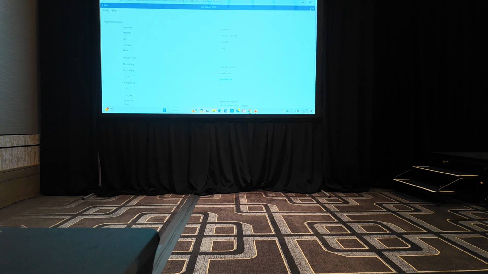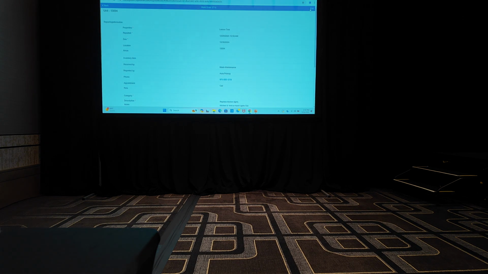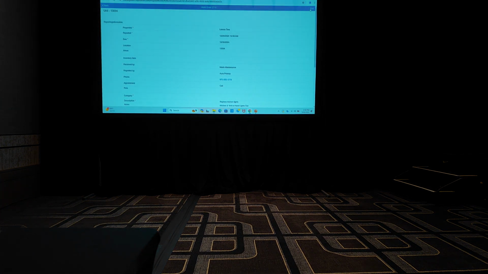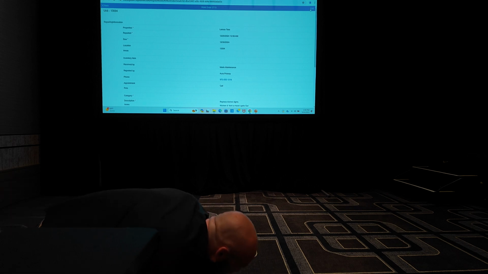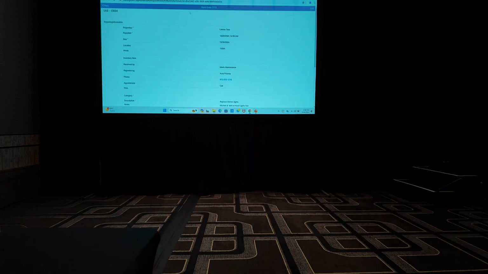Then once they save this, the work order's updated. If it was completed out, then it's a completed out work order. And you're going to see these in the full site right away. So it's going to be just as if it was happening in the full site. Now, if I go back to the full site really quickly